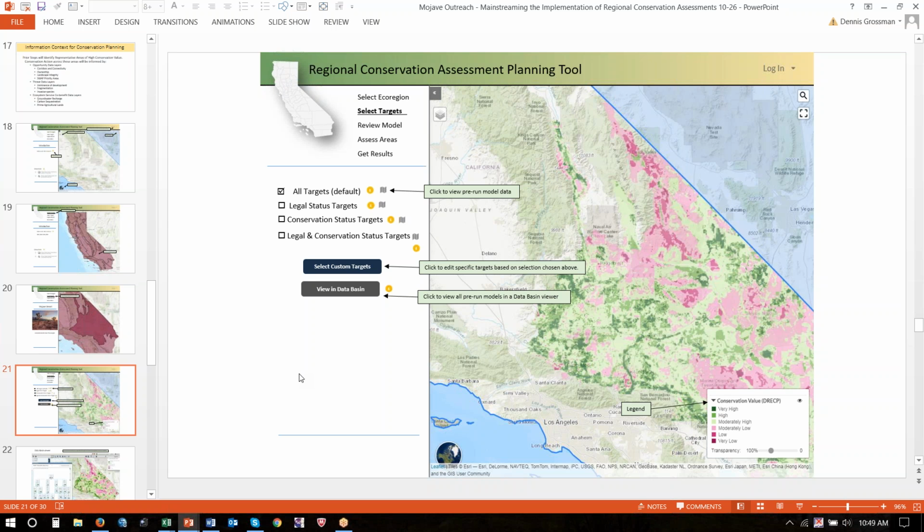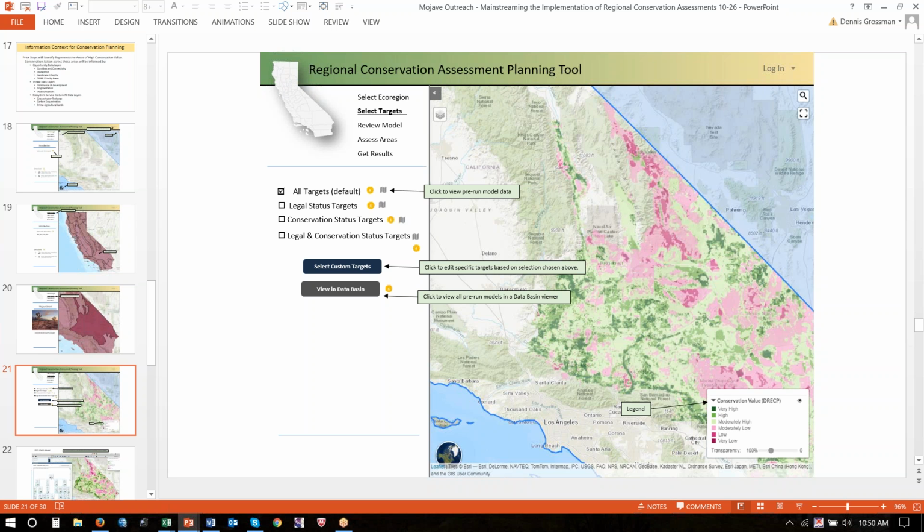The other is, if I go across the street and talk to Caltrans, or U.S. Fish and Wildlife or California Department of Fish and Wildlife, they say, yeah, we're kind of interested in that, but we have legal responsibilities, and we just need to know where the values are for those things that we're responsible for managing in one way, shape, or form, or managing our impacts. So the other is just those things that have legal status, and show me what my mitigation burden is. Then the third one is show me those things with high conservation status, those that are S1 and S2 across the board.